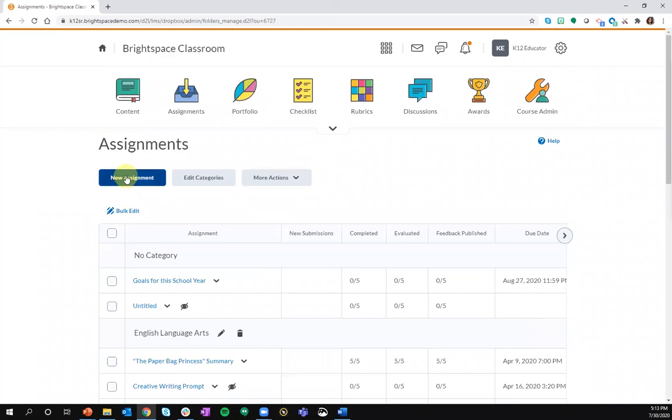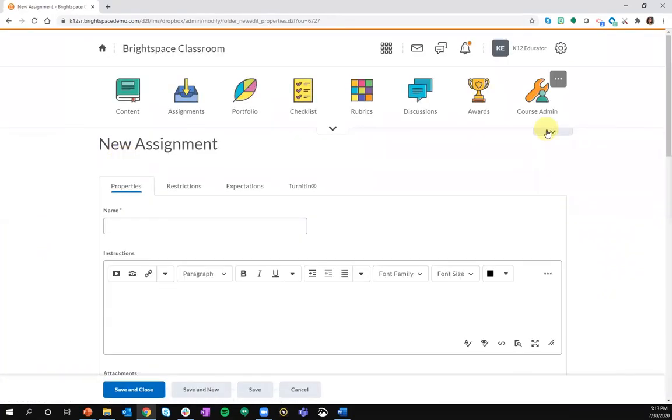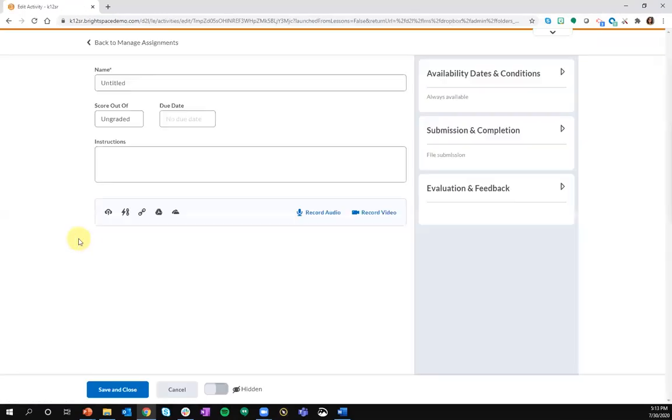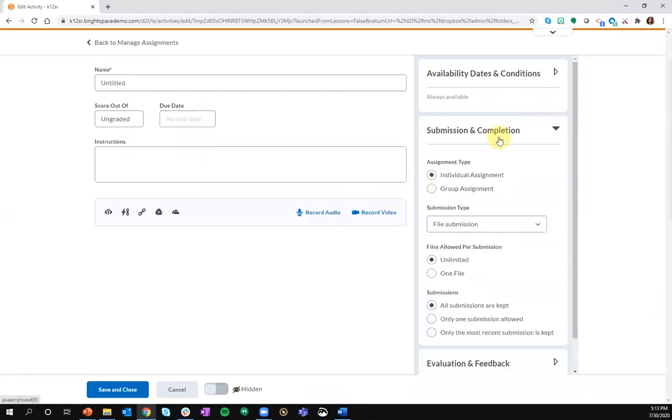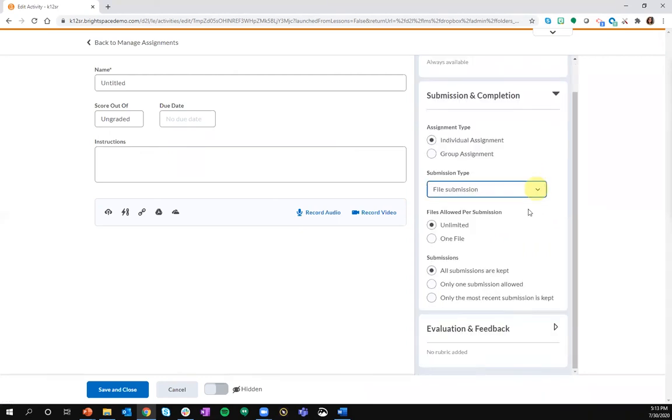So if I go to create an assignment, and actually I'm just going to turn that new experience on because it's a lot more streamlined. It's a great update that we have here. When I am creating, I've given it a name, I've gone through all my workflow and so forth. When I am using some of those optional features, by default, it will make it a file submission where